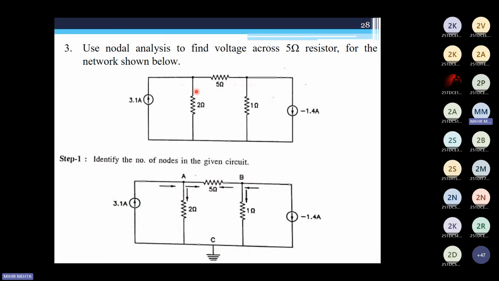So here what you need to figure out is the nodes where you will be applying your nodal analysis. So here you can find three nodes. One is this node, other is this node, and third is the bottom node. So there are no elements here. So you can see all these 4 points are connected at one particular place. Fine. So here what we'll do is